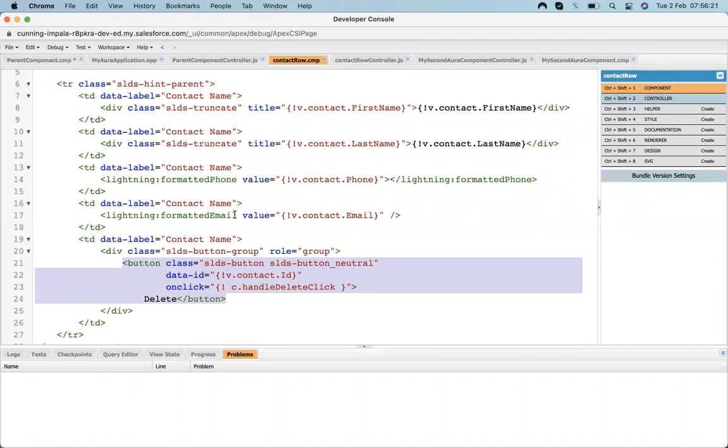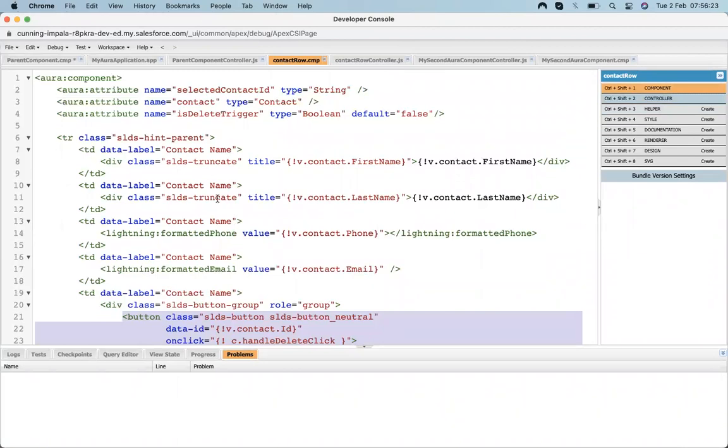Suppose this whole thing is attached to this delete trigger, or the selected contact ID. Whenever its value changes from false to true, it will trigger that delete event.